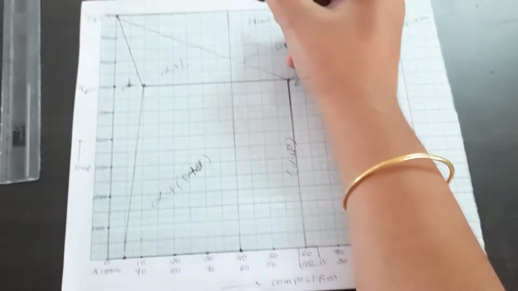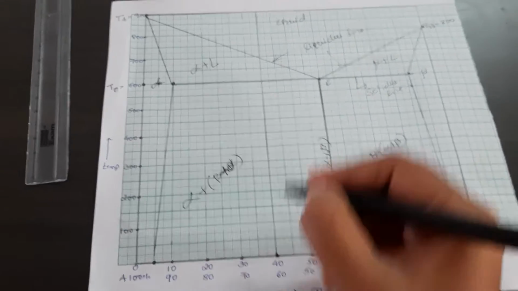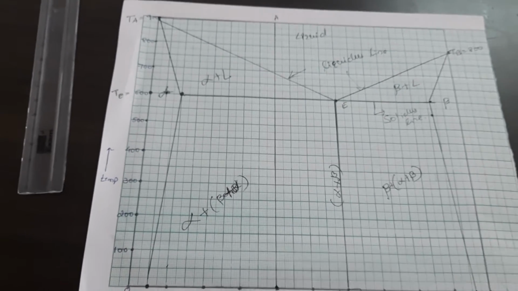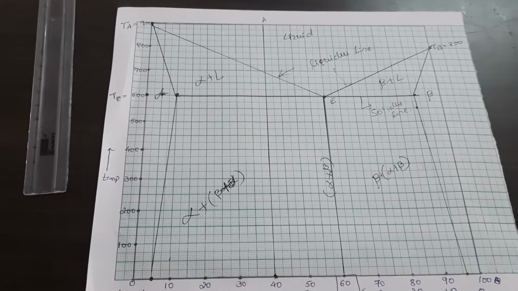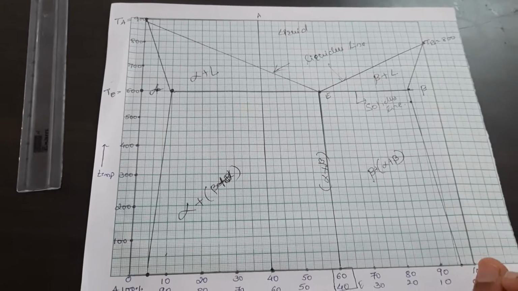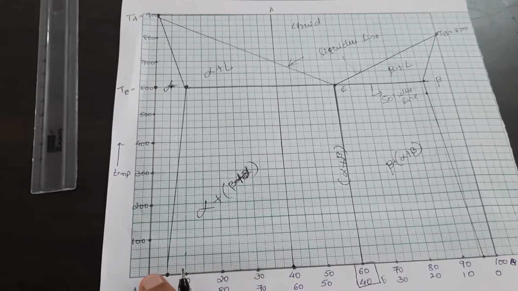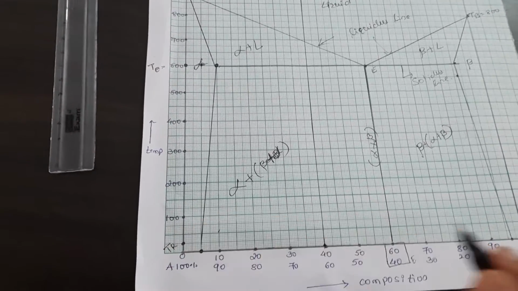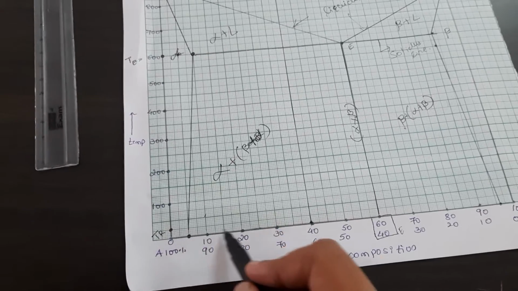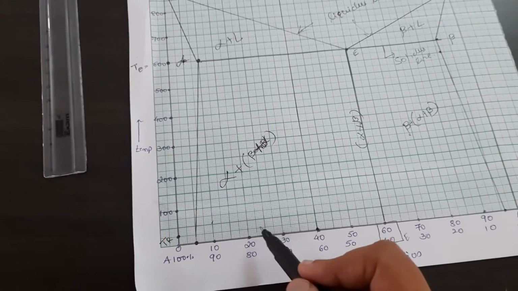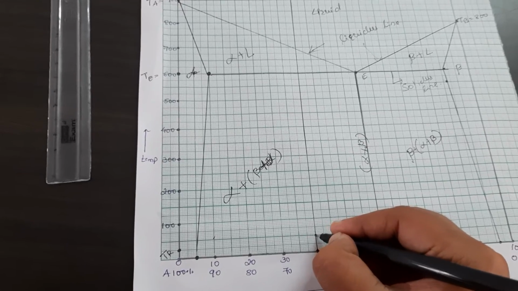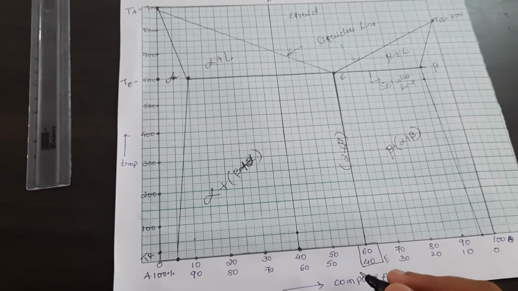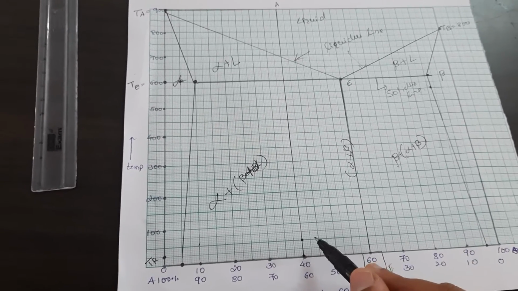I have drawn one line, that is the vertical line, the alloy composition. You can write here alloy line. What do you want to find? They say at room temperature, which means here it is at TR, TR equal to 25 degrees Celsius. So I will draw one horizontal line. At this point, we need to calculate the number, type, extent and compositions of phases. Number means what is P.